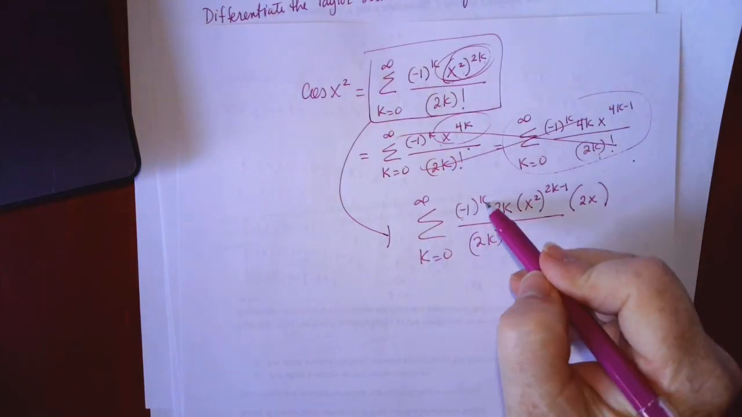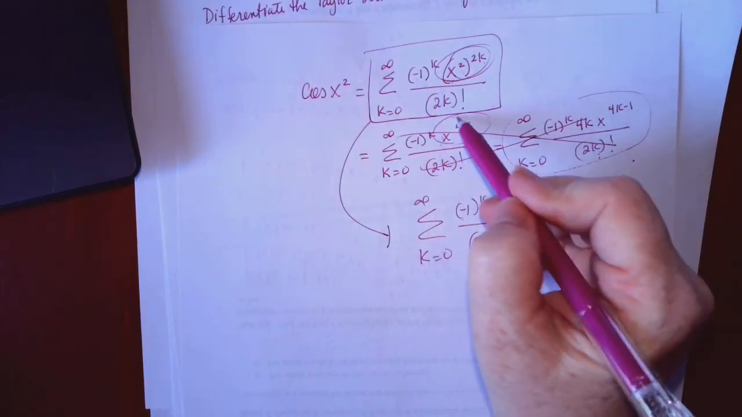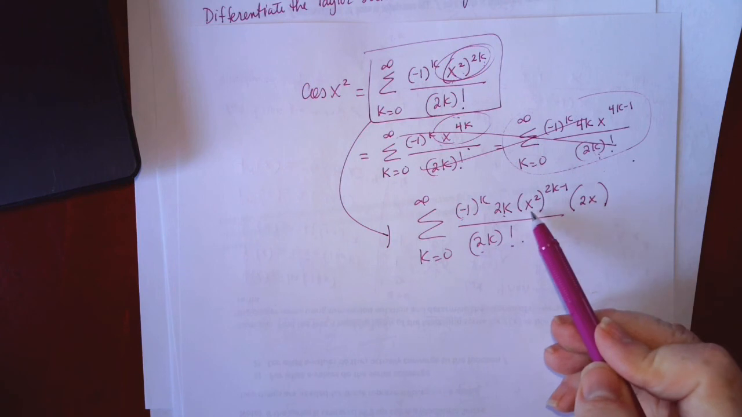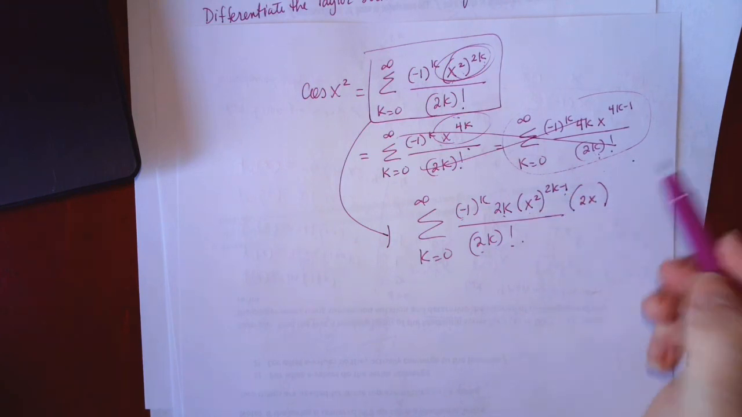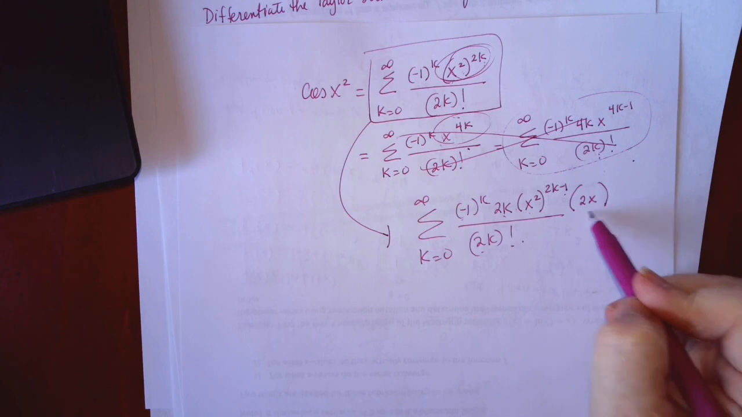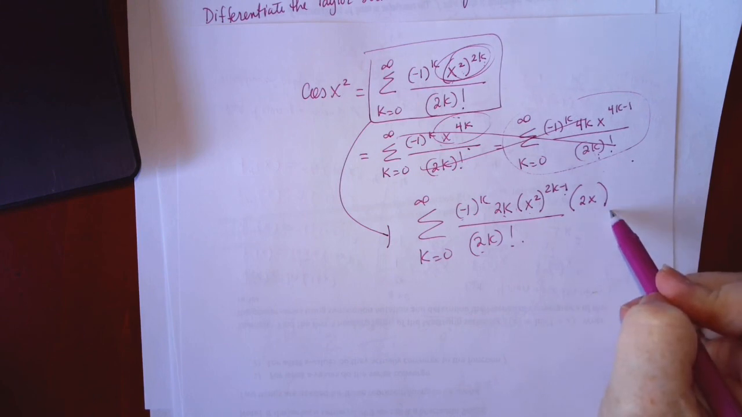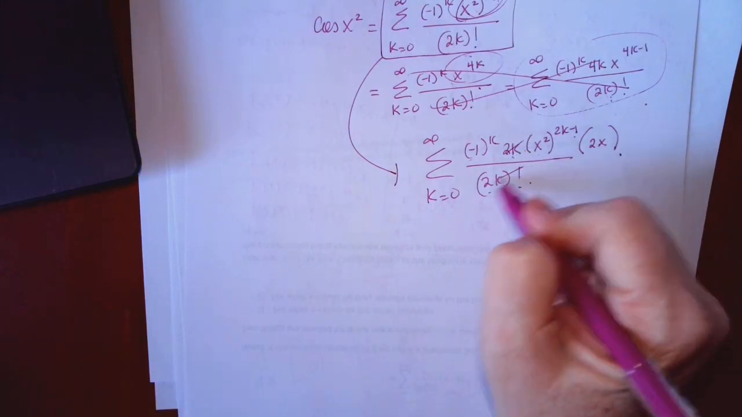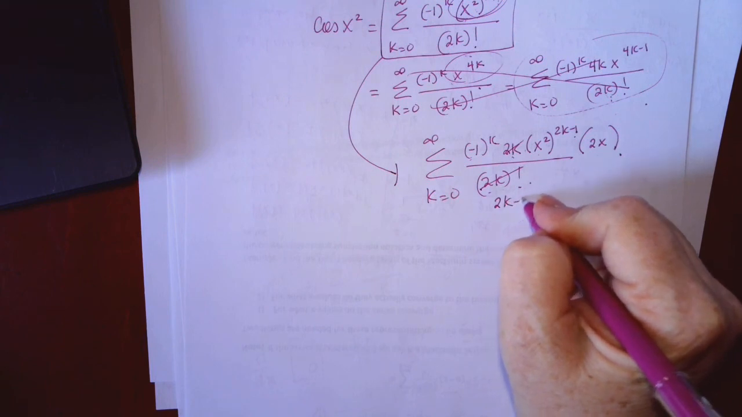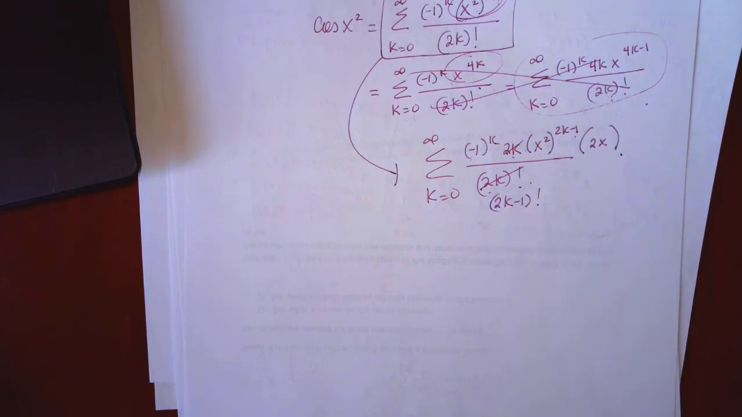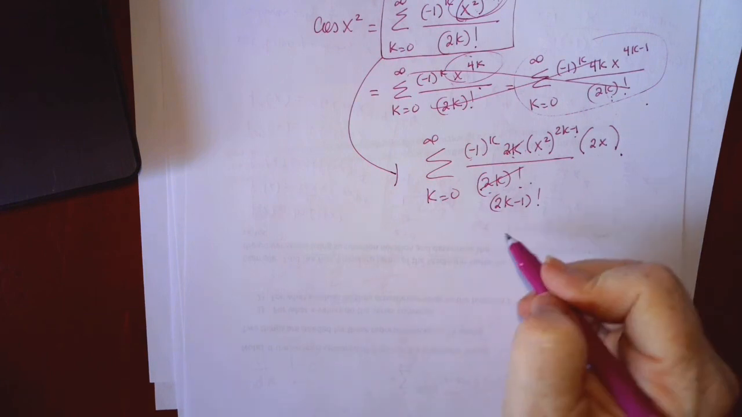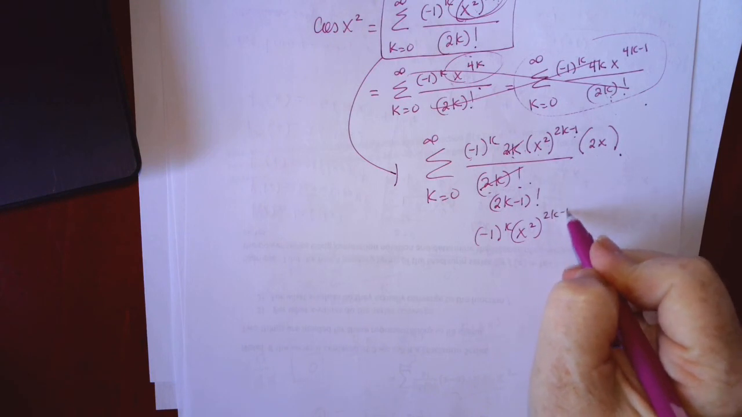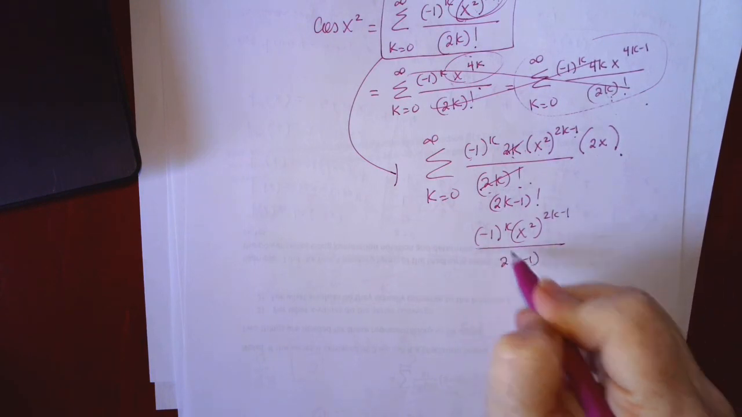So I still have the negative 1 to the k, 2k factorial, those two parts, but the derivative of x squared to the 2k, you bring the 2k down, x squared to the 2k minus 1 times the derivative of x squared, which is 2x. So that kind of helps us with simplification, because we know that when you have 2k over 2k factorial, that cancels and leaves a 2k minus 1 factorial. And so now we have a negative 1 to the k x squared to the 2k minus 1 over 2k minus 1 factorial